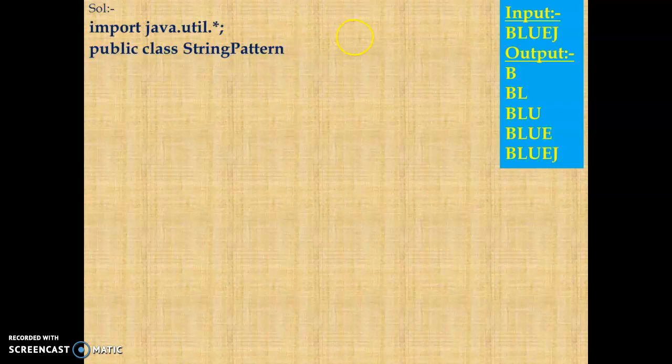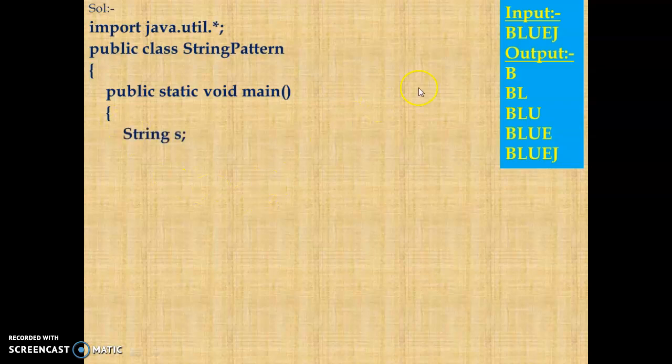Then public class and the name. Here I am printing a string program pattern, that's why I am giving this name. You can give any other name, but it should be relevant to your program. Try to give some meaningful name. Then the second bracket, obviously don't forget to give this bracket. Then public static void main. Then again one bracket starting. So one starting bracket for the class and one starting bracket for main. And don't forget to close these two brackets also at the end of your program.